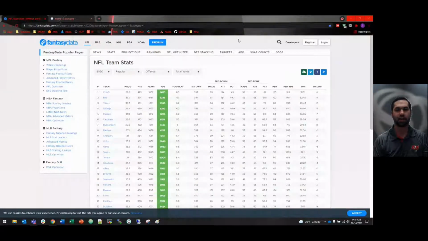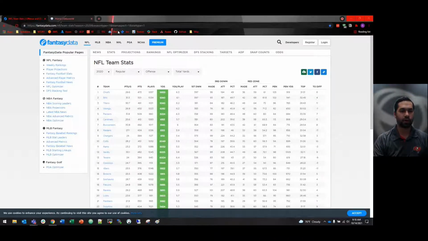So first, let's start with the data itself. So I went to fantasydata.com and found this great data set about NFL team stats. So you've got offense and defense for all of the teams and a lot of metrics like points per game, plays, yardage, first down, third down attempts. And what we were able to do is we used our SME magic with a little help from our friends at Matillion and brought this into our data warehouse.